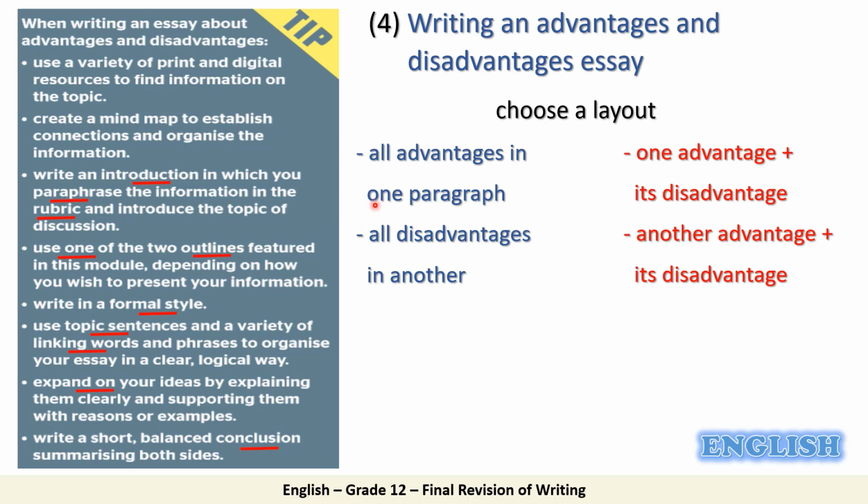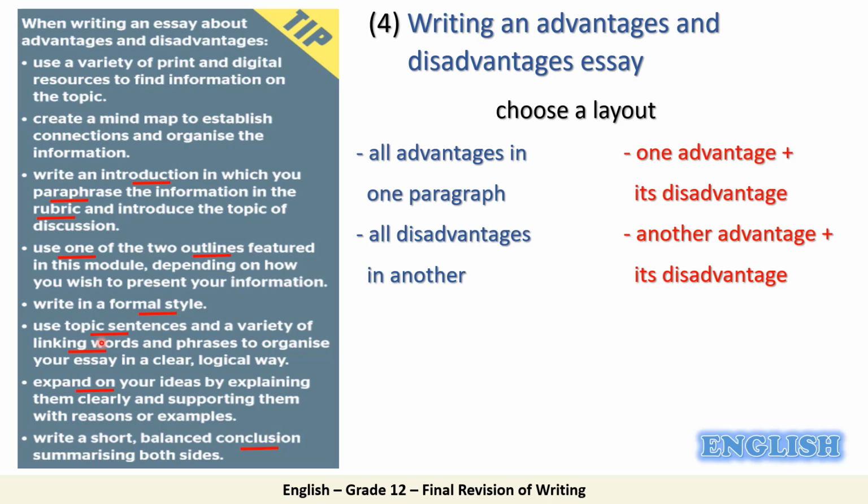You can choose to write all the advantages in one paragraph, then all the disadvantages in another paragraph, followed by the conclusion, or one advantage plus its disadvantage in a paragraph, then in the next paragraph you write another advantage plus its disadvantage, and then the conclusion. Okay, in the main body part